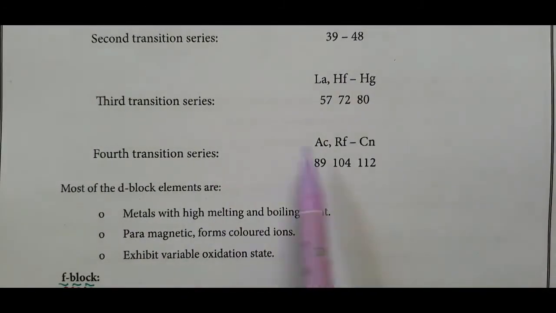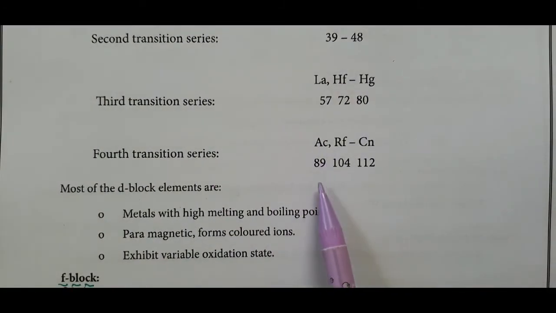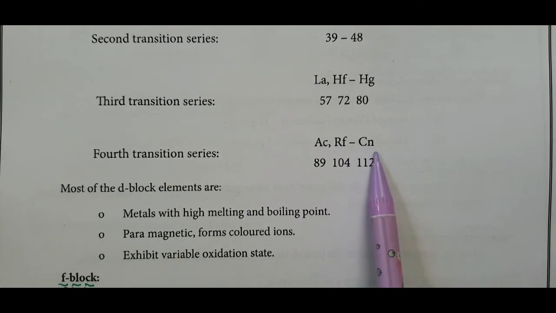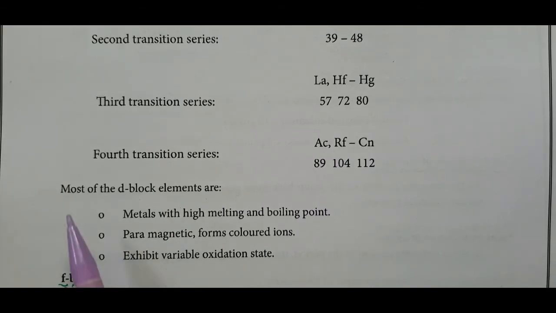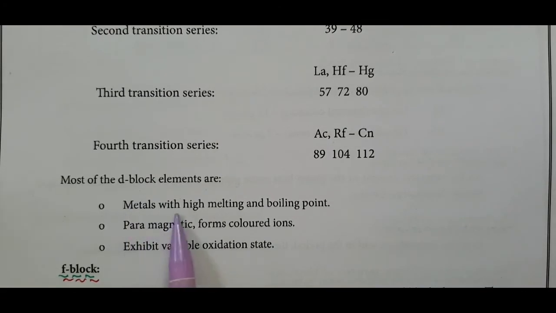The fourth transition series starts with actinium, atomic number 89, and rutherfordium to copernicium, 104 to 114. These 14 elements are arranged under 5f-block elements. Most of the transition elements are metals with high melting and boiling points, paramagnetic, form colored ions, and exhibit variable oxidation